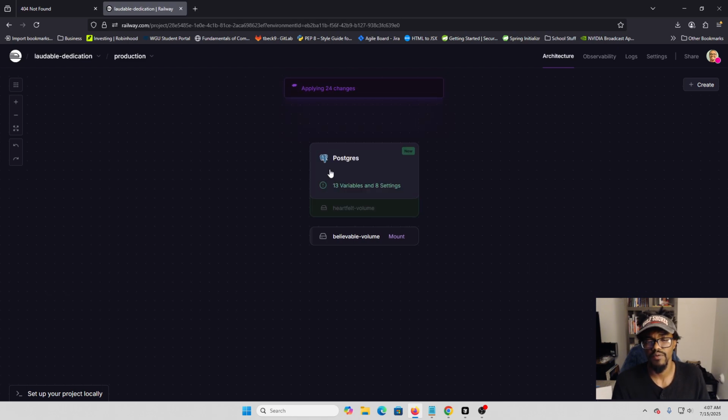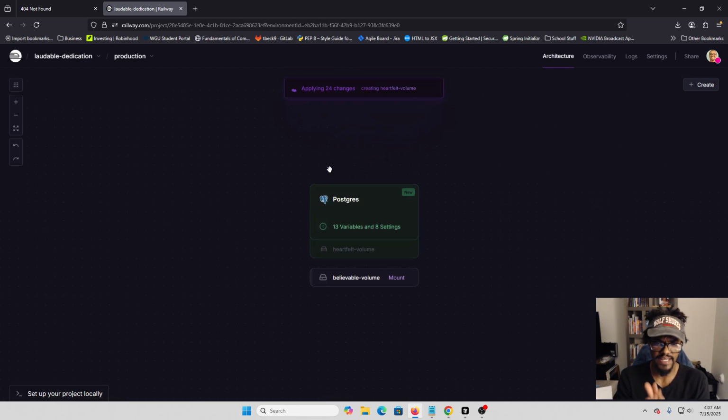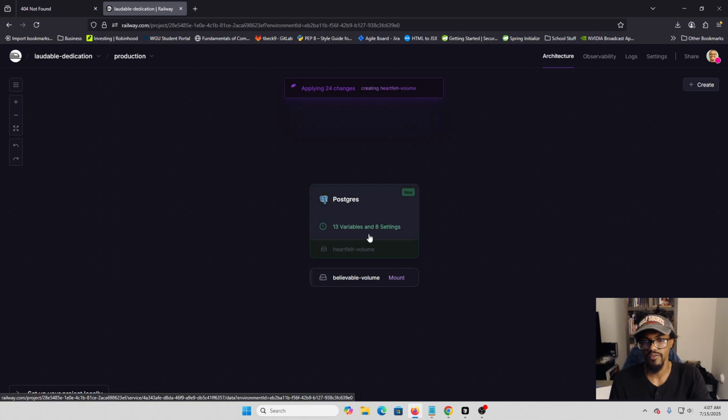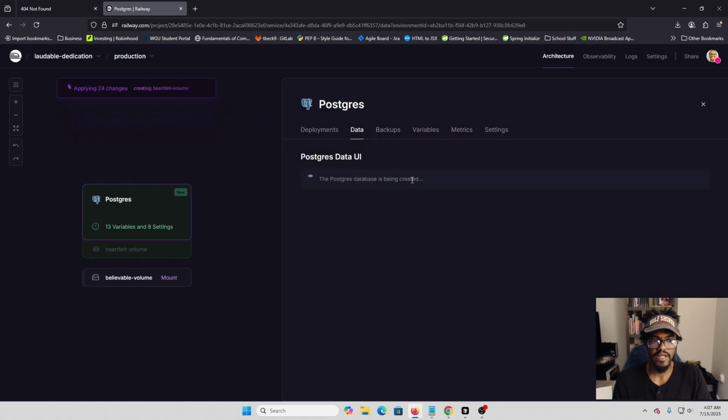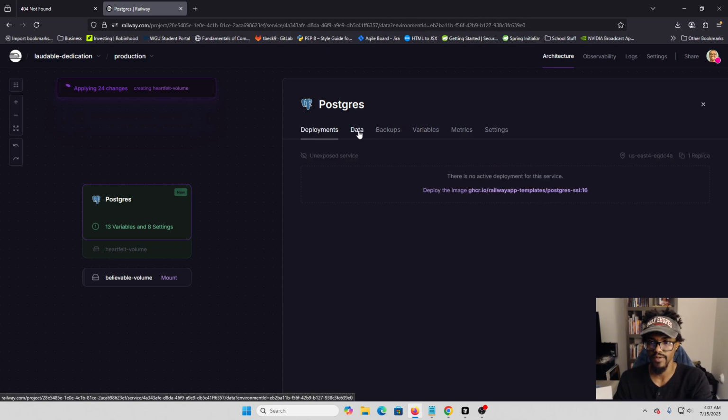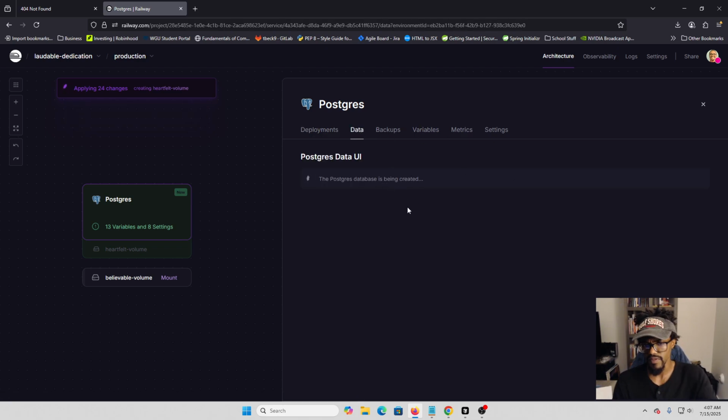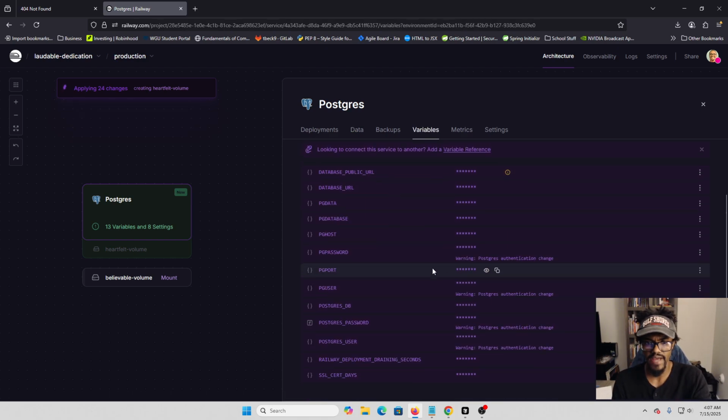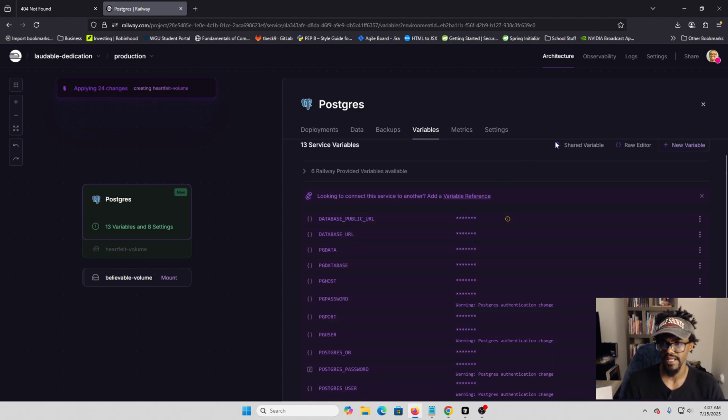And in our instance, we're going to use Postgres. It's going to spin us up a Postgres instance. And now in the back, this is running Docker. It's going to run a Docker container with a Postgres instance in that container, all ready to go right now with all of the variables and settings. Now, if you look at this Postgres instance, you can actually watch it as it's being built. It'll show you the Docker image being created, et cetera. Then you'll have access to all of its variables, which, as you'll see shortly, will come in handy,